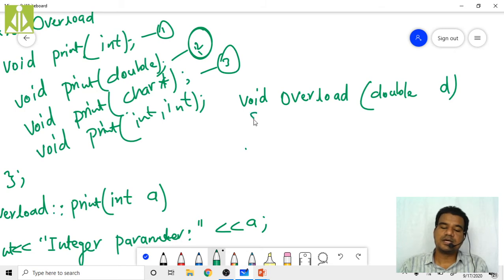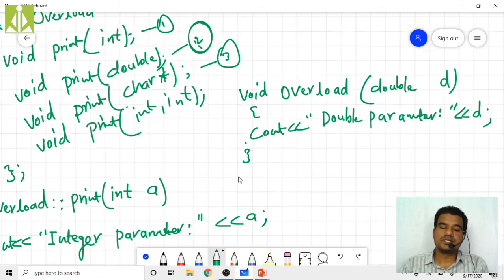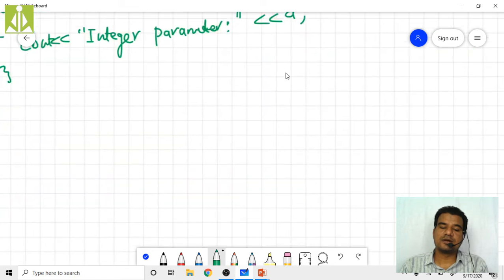Inside it, cout double parameter, colon, and that d you print over here. Keep this semicolon at the end and close this one. Next is character star, that is nothing but your string.